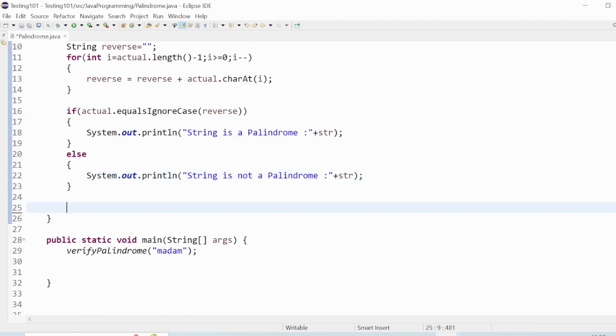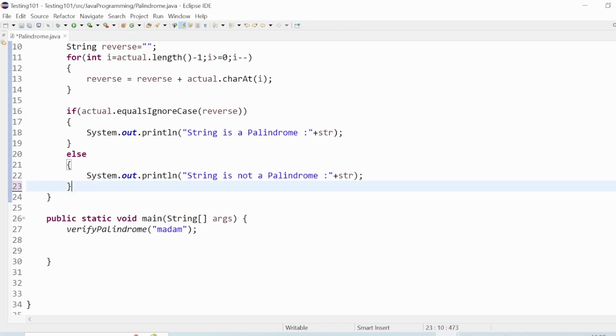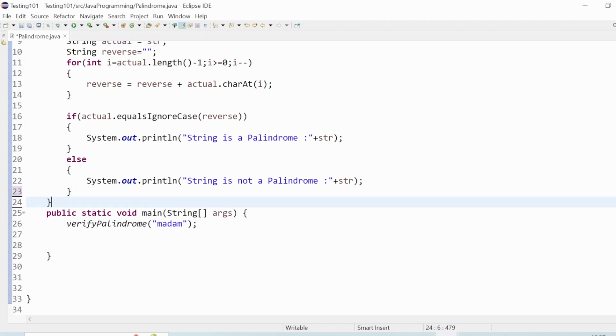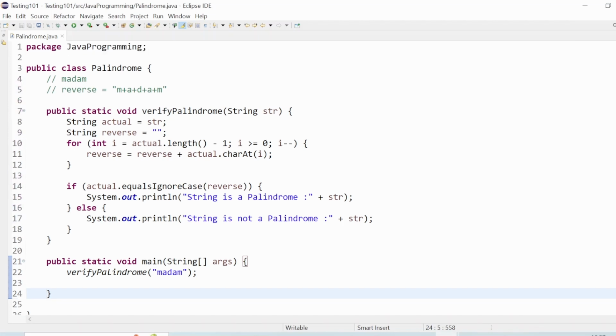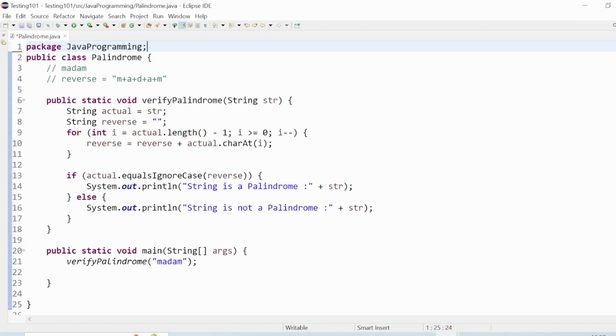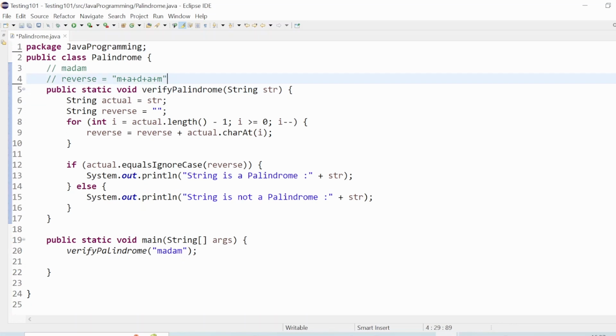The logic is done. I'm trying to format this. Okay. So